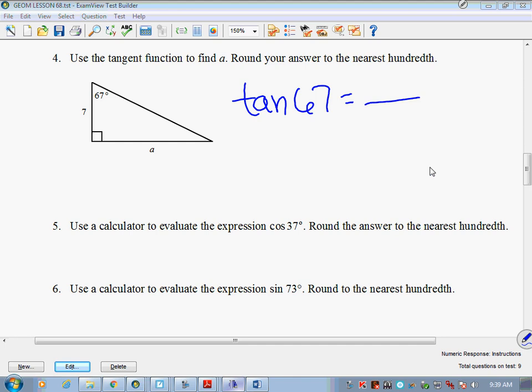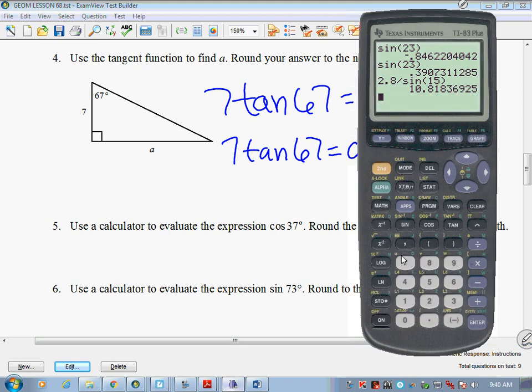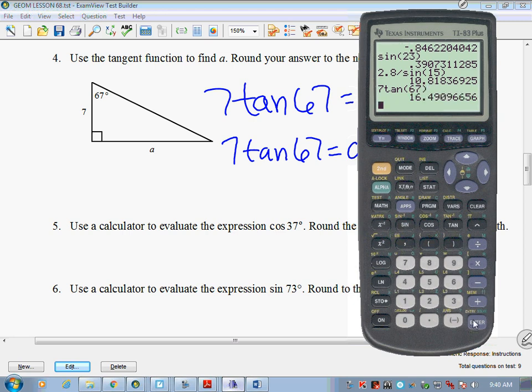Opposite over adjacent. What is opposite to 67? A. Okay, what is adjacent to 67? What's that? 7. All right, this is like the last question, but easier. Because all I have to do to isolate A is multiply both sides by 7. So 7 tan 67 equals A. So there's no second step where I have to divide by tan 67. All I have to do is plug in 7 tan 67, and A is